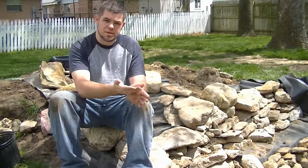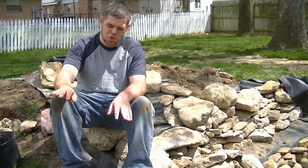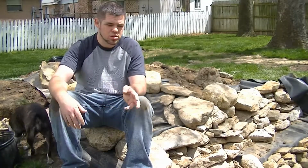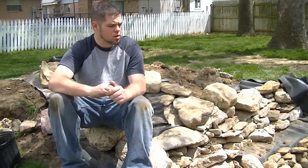and then putting dirt back around the edges so I kind of have a hill, because I don't want the drainage from rain to actually be going into the pond. That just washes fertilizers and debris in. So I'm trying to keep that stuff out. But